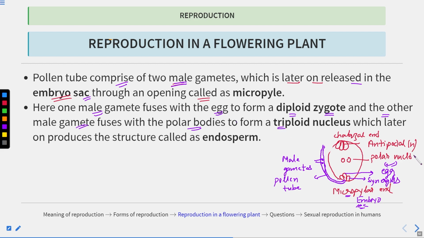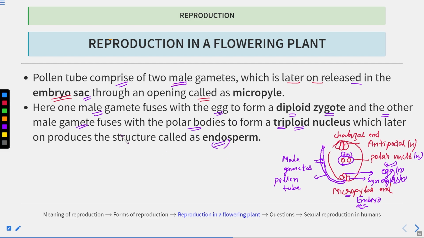So you can see these polar bodies, these are also haploid. Egg cell is also haploid. Synergids are also haploid. So these polar nuclei, first they will fuse together, then they will form a diploid structure, and one of the male gametes will then fuse with this diploid structure, and then a triploid nucleus is formed, which later on develops into